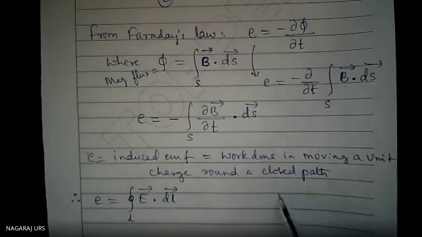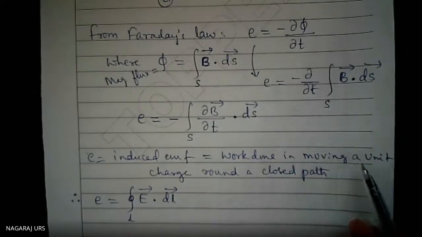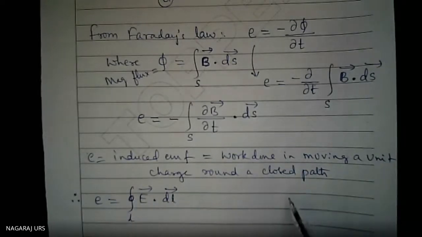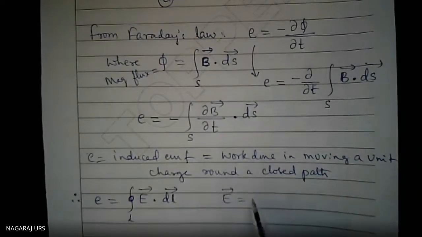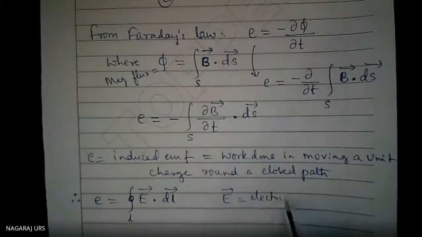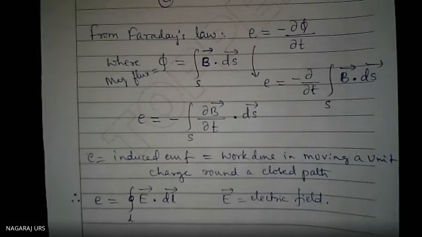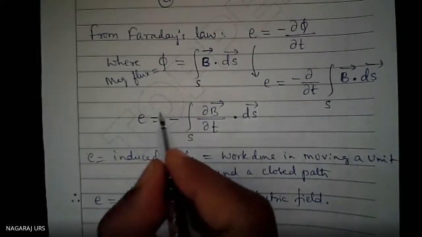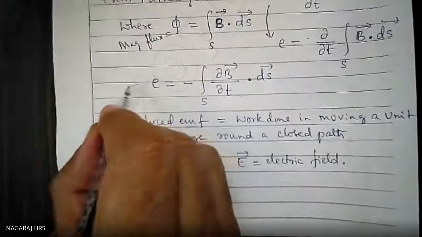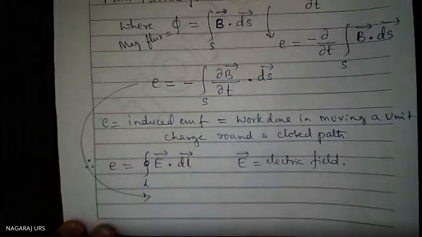If you start from one point, we have to come back to the same point here. The total EMF generated is given by the closed integral of E dot dl, where E is the electric field. Don't forget, E is called the electric field intensity or electric field. Use this concept here. Therefore, this expression becomes